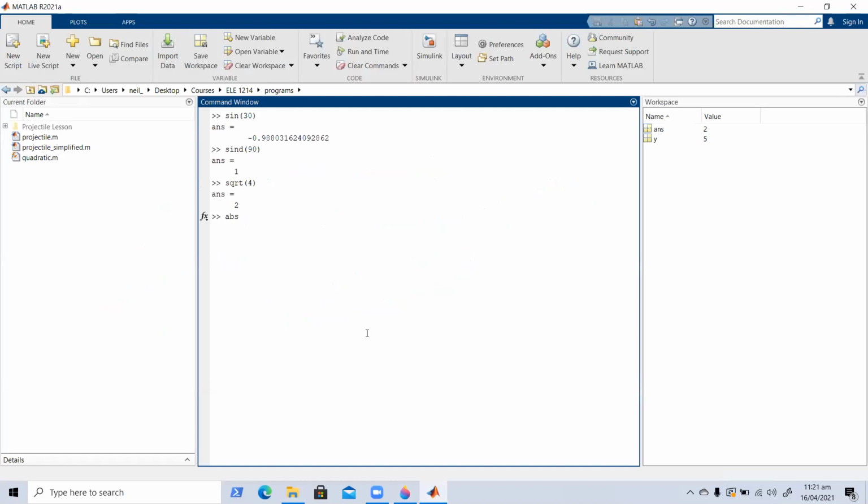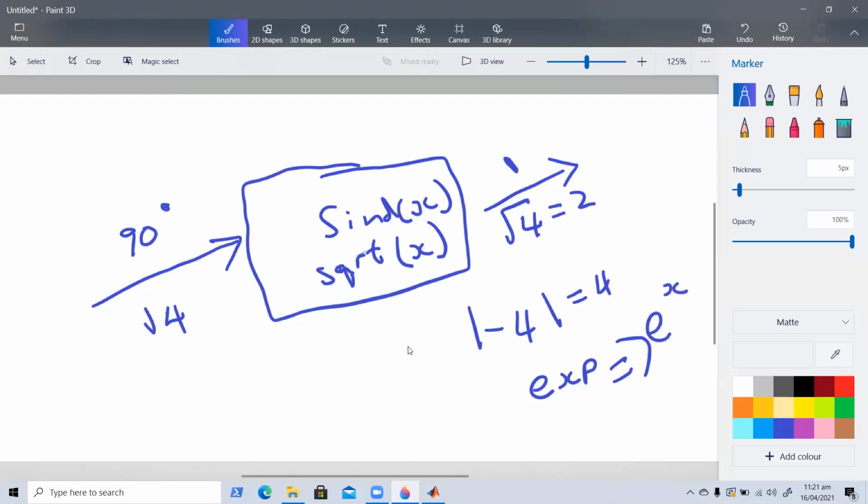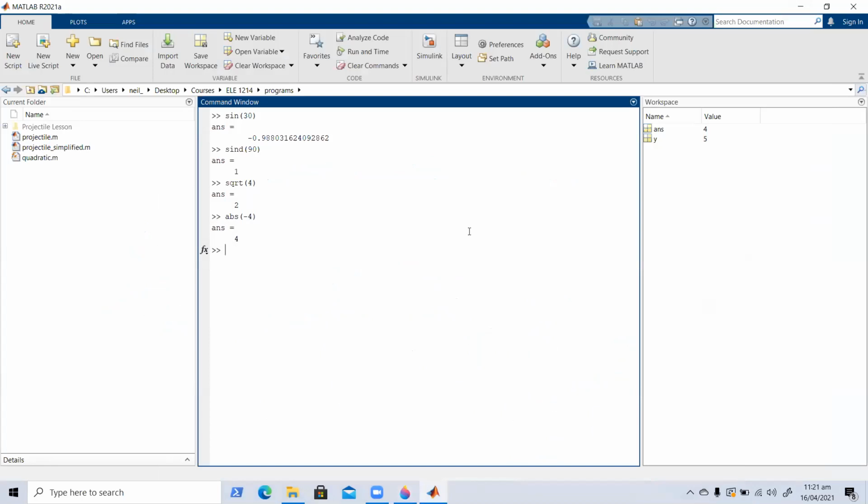Abs is absolute value. So minus 4, absolute value of that will be 4, removing the minus sign. The symbol you might see often in mathematics is something like the absolute value of minus 4 is equal to 4. And there's also exp, exponential, which refers to e to the x, and so on and so forth. Many built-in functions, any one that you might need. Okay. Now,